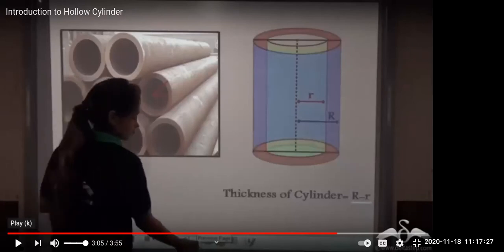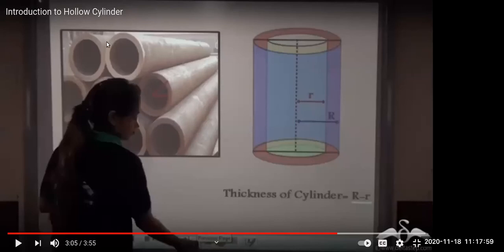You can draw this figure quickly because you are creating a hollow cylinder. From a solid cylinder, when this smaller cylinder is removed, what is left over is a hollow cylinder. The best example that you can have is the hose or the pipes, because you can see they are hollow from inside. They are hollow so that they can be used to store materials inside them. These are pipelines through which you transport either oil or water or whatever it is. So they have to remain hollow.